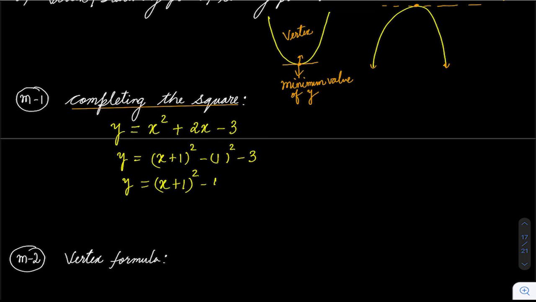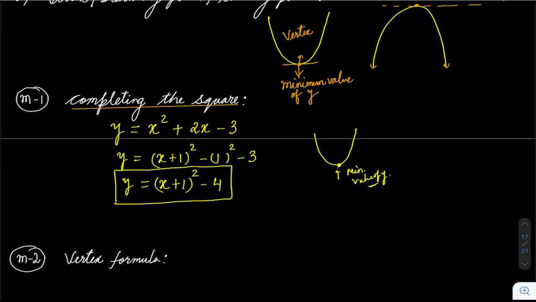So the first thing we have done is complete the square in this quadratic. Now, as you can see, my coefficient of x square is 1, which is positive. Positive means a smiling face, and a smiling face means opening upwards. So the vertex will give me the minimum value of y. Just think, how can you get the minimum value of y?